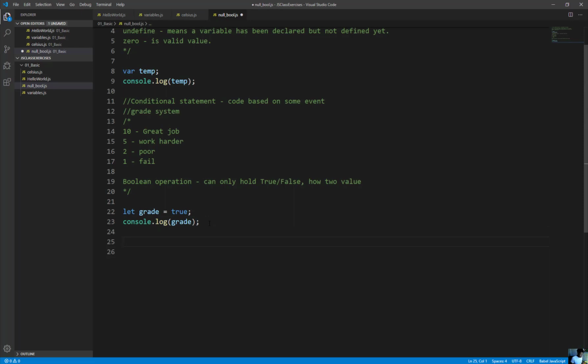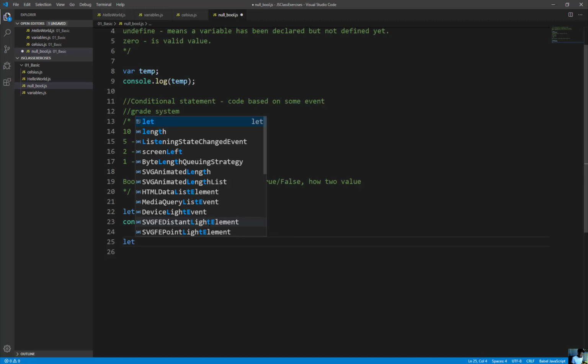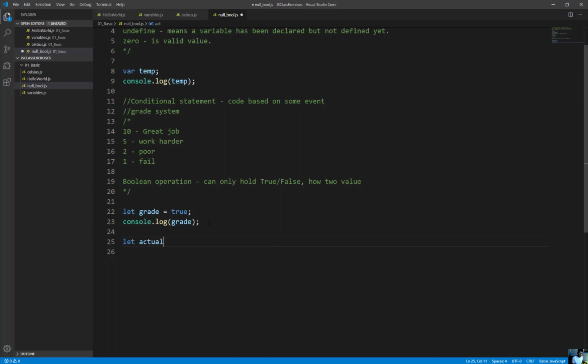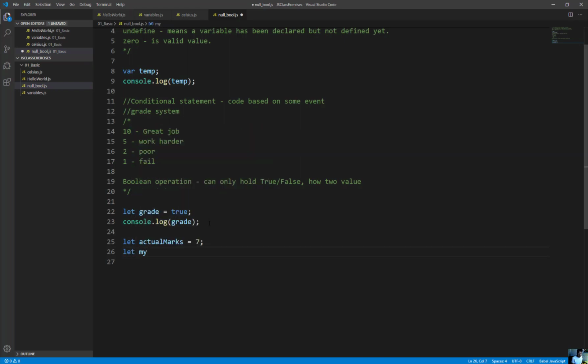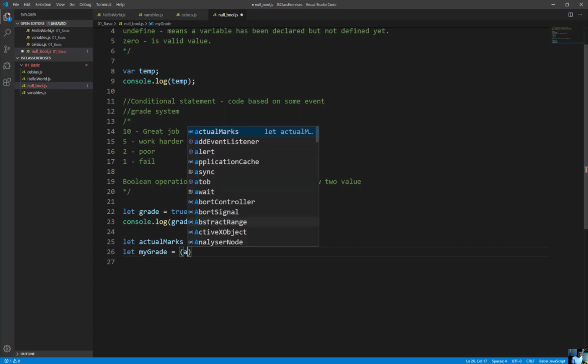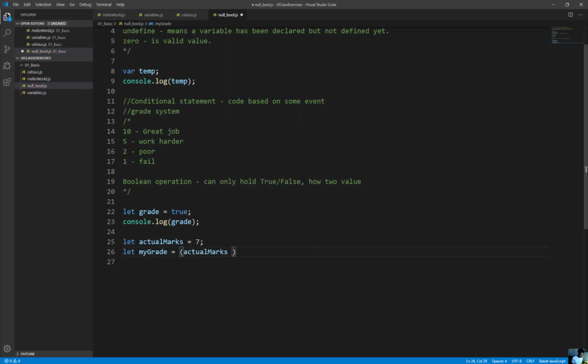The other option is, let me change this back a little bit. So what if I wrote let, same thing with it as well. Let's define actual marks. Let that equal to 7. And I want to compare. I want to let my grade, and I want to compare actual mark, that variable that I just declared. I want to compare that. Is that less than 10, for example? Semicolon with it,